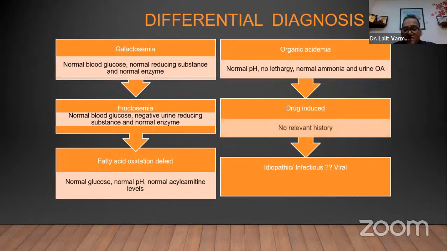Can it be drug induced? There is no relevant history. But I have found 2 or 3 patients, when we don't do a level, especially when they're on valproate, there can be delay, which is called drug-induced liver injury. If Samir is around, he might remember one of the children that we had in Wokhard who presented with delay. Luckily, we sent the levels of sodium valproate, and we figured out it was drug-induced, and we stopped the drug and called the neurologist. Can it be idiopathic infectious viral? Yes, it can be, but a possible condition was urine CMV, but we have a negative value.